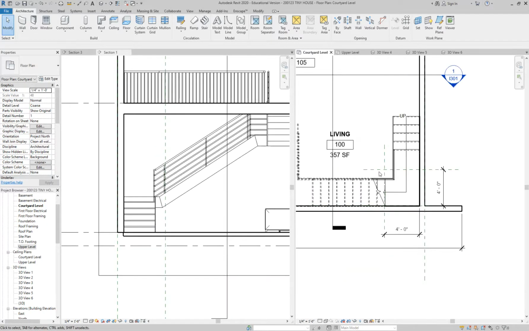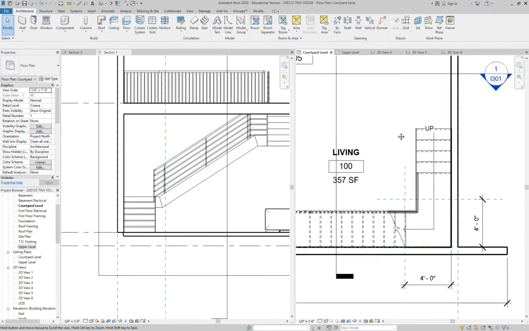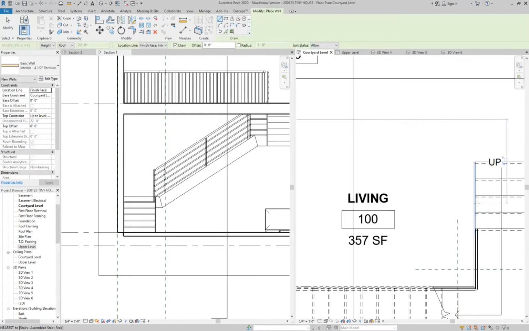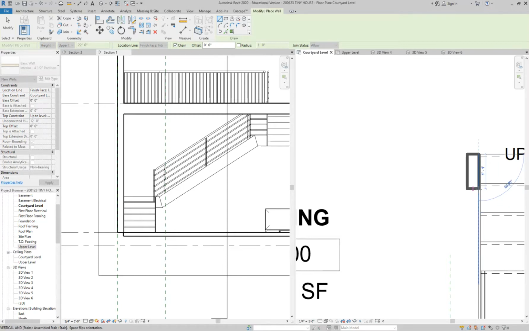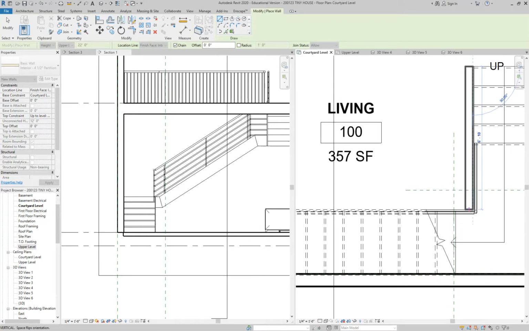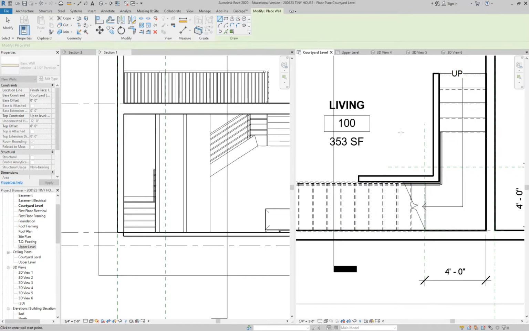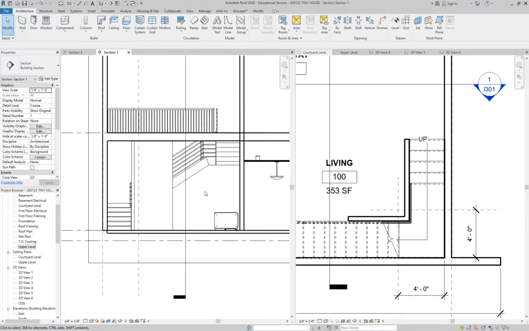So what I'm going to do here is I am going to grab, do I have interior walls? I'm going to grab this interior wall. And this is actually just going to go to the second level, upper level, and finish face interior. That should be okay. Let's figure that out. So I'm going to flip it over here, and I don't know if I want it to go all the way up yet, so I'm just going to draw it partially like this. Okay, and let's see. Do you see how it's also showing in my section already, how it's going all the